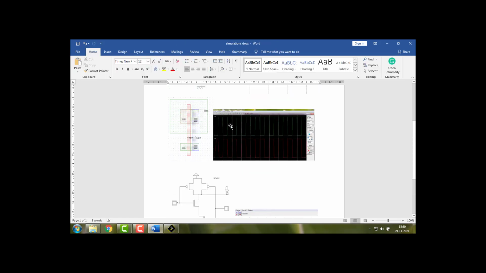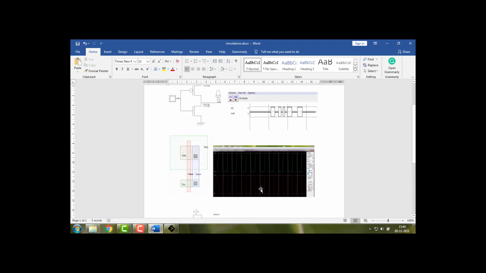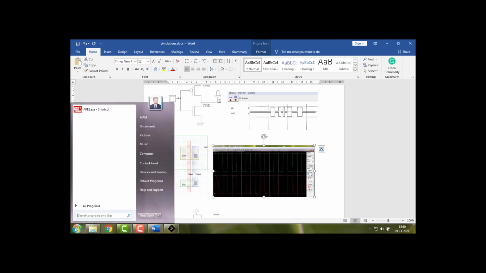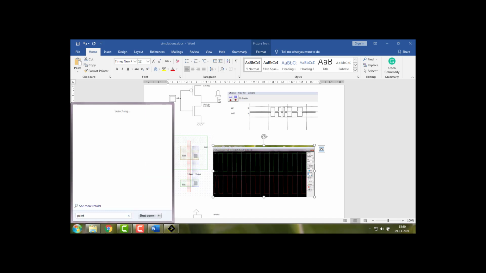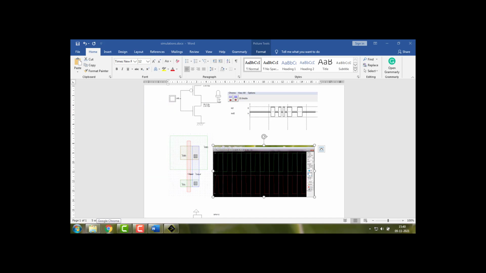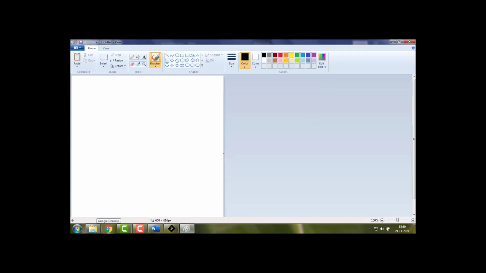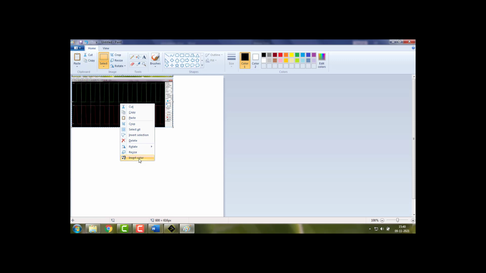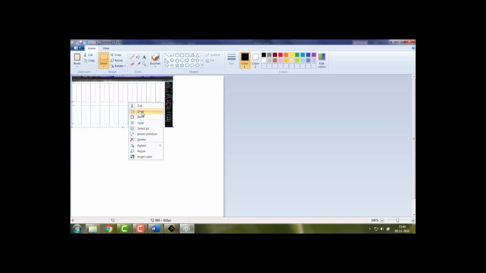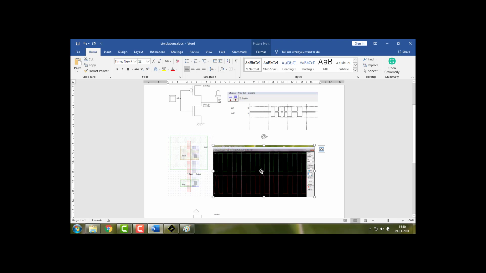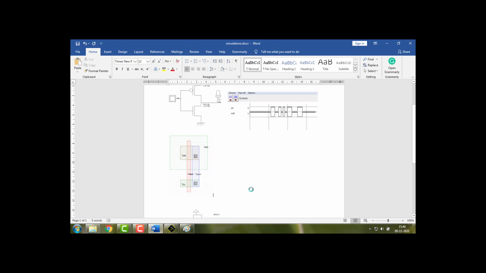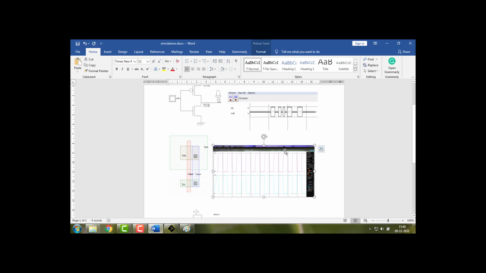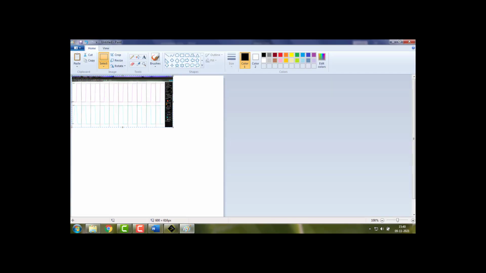Okay, this is the inverter. When the input is 1, the logic output must be 0. So this is all about the inverter. We can take this and put it in Paint. Okay, this is also a good idea. So just do this, and we'll see you in the next tutorial.